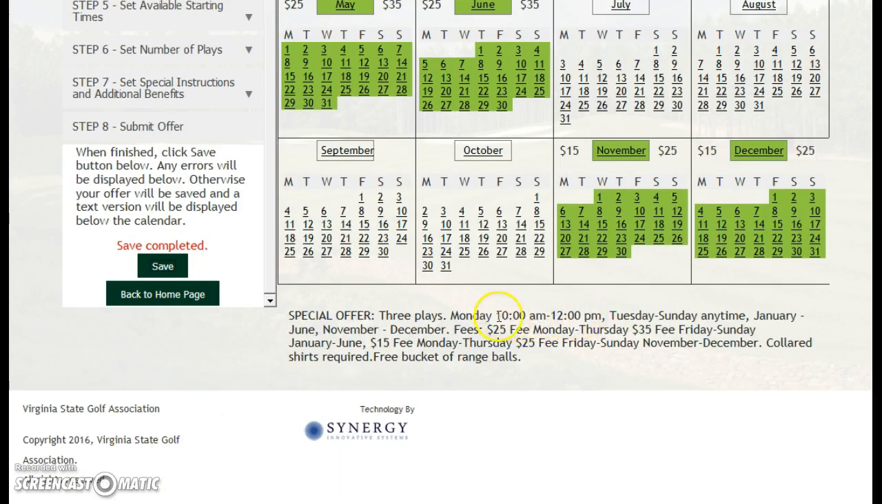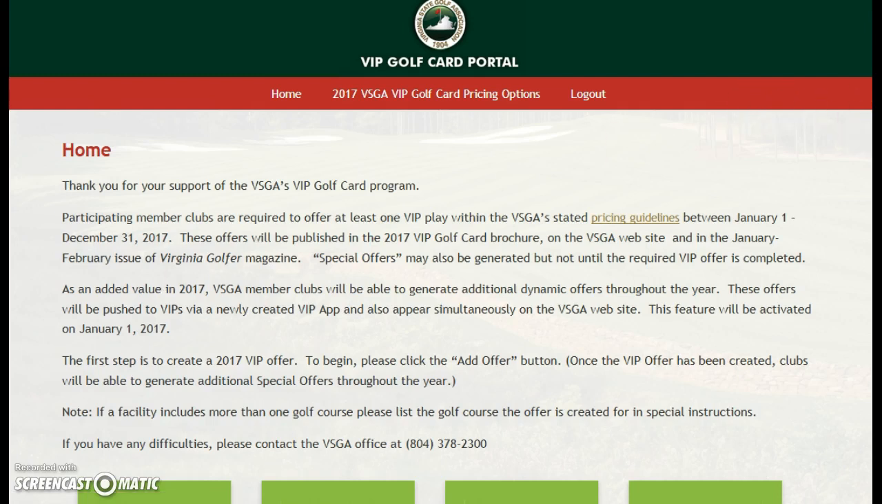I can go right down to Submit Offer, and I'm going to hit Save. I'm going to look at my offer again. That's nice. Okay, 10 a.m. to 12 p.m. The offer looks just the way that I want it to. All I need to do now, the offer is saved, it's all set to go. All I need to do now is hit the Go Back to Home page, and it brings me back to